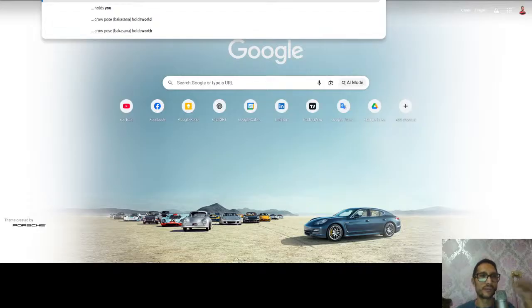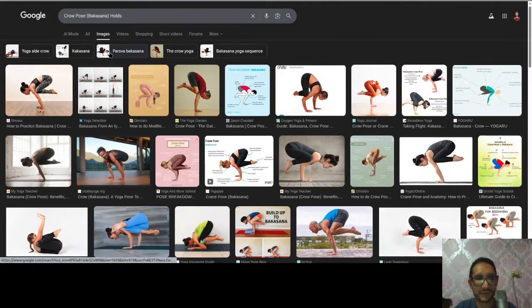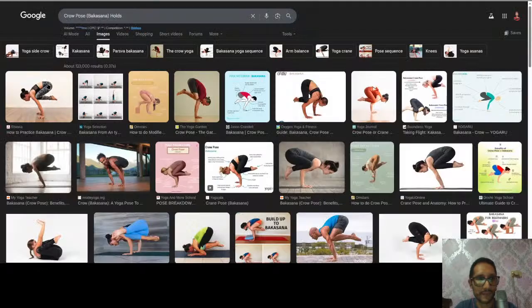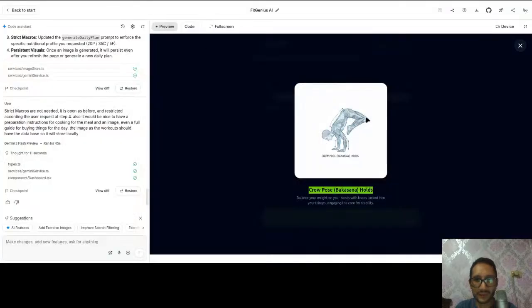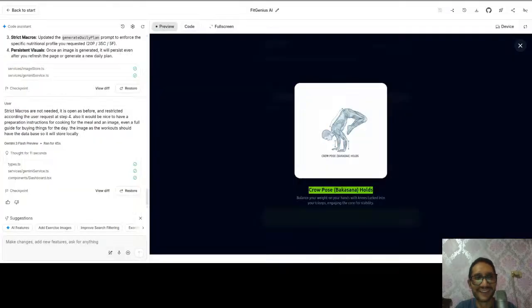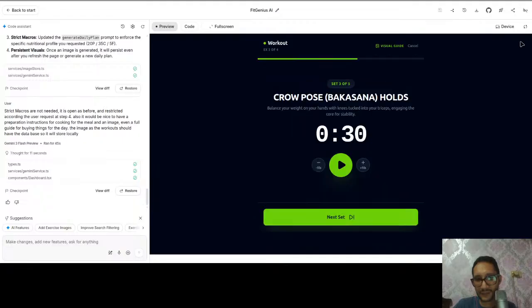Cow pose Bakasana holds. No, it's like that. Look. It is like that, but I don't know. No, this is wrong. This is right. This is wrong. Yeah, it is wrong. It is telling you to break and twist. I don't know what it's telling, but okay. We'll see if the next image can do it fine.